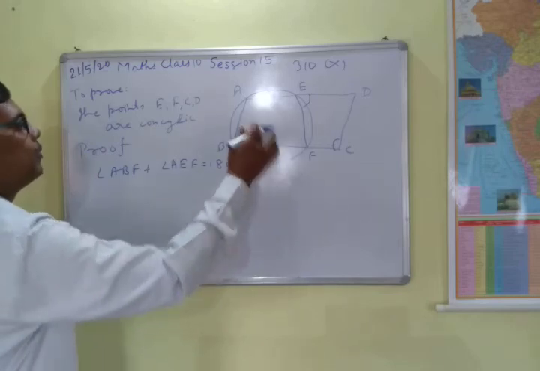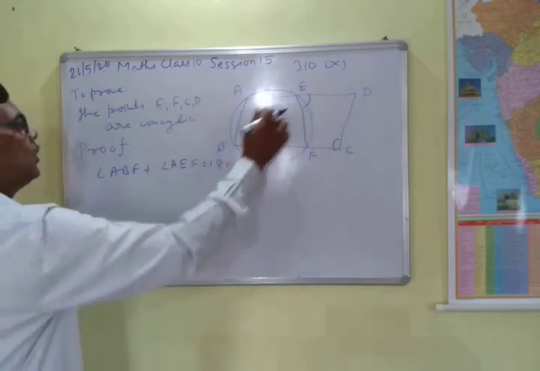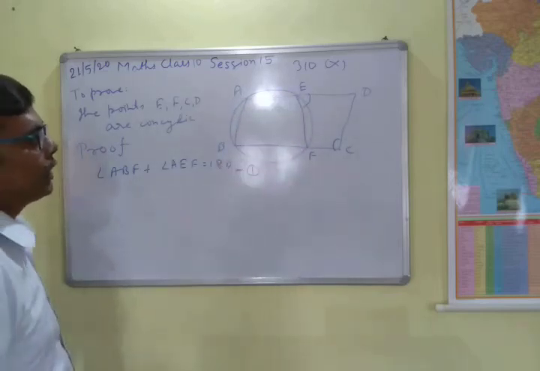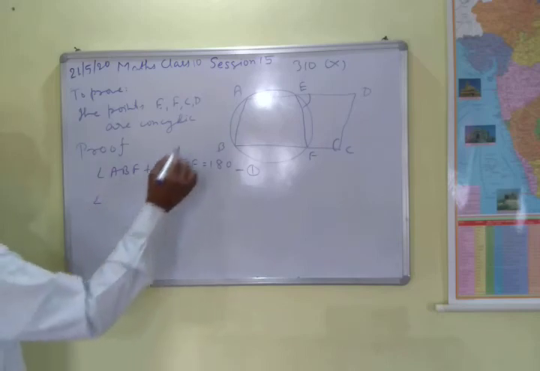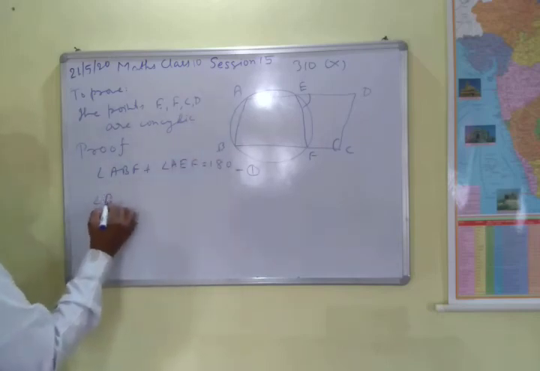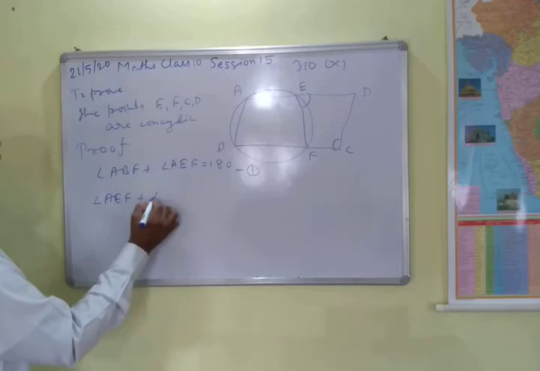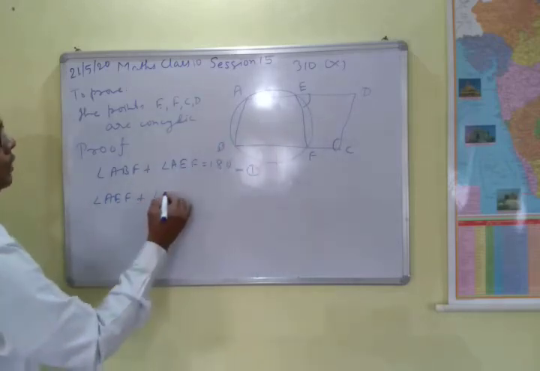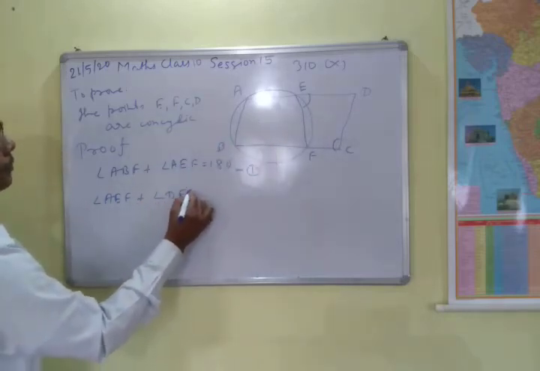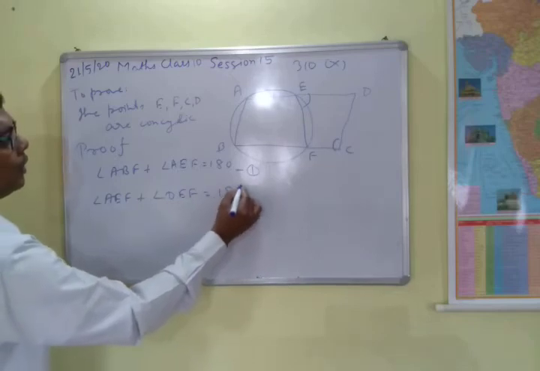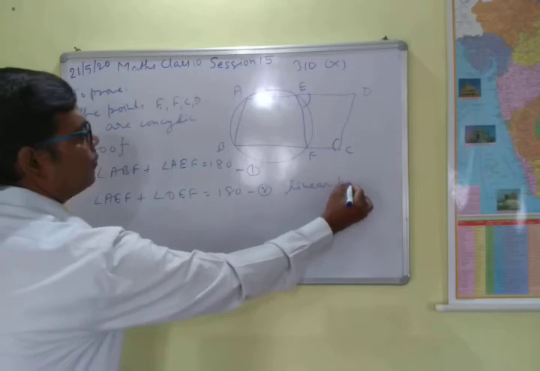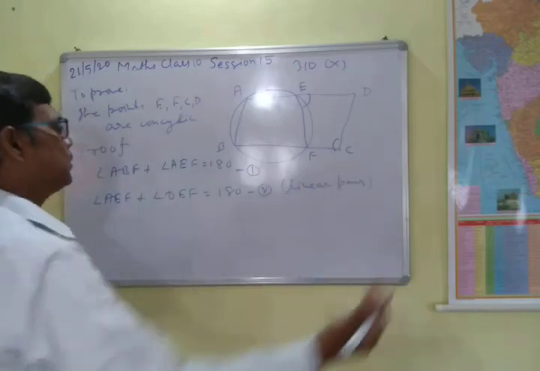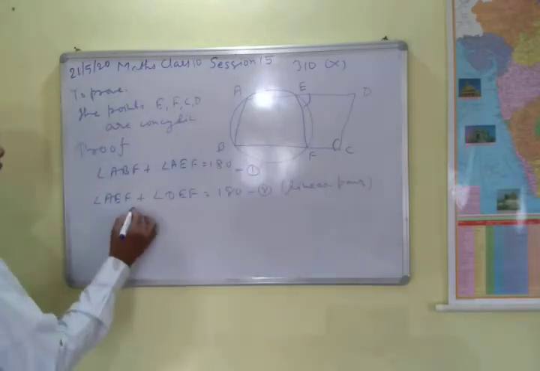Okay, number one, because these two angles are the opposite angles of a cyclic quadrilateral, and the opposite angles are supplementary in a cyclic quadrilateral. The next is also angle AEF plus angle DEF equal to 180 degree, and this is number two, and this is a linear pair of angles, or you can say the straight angles. Okay, now from 1 and 2